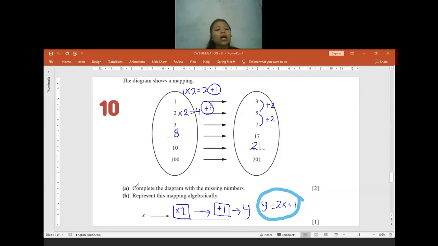If you write it as y plus 1 divided by 2, it is not correct, because if it is a function machine, the y will be at the last one. There will be no y on the function machine. There will be no x in this part. In the part that I put a circle around, there will be no letter x and no letter y on the function machine. The x and the y will only come first. The x will be the input, and the y will be the output only.